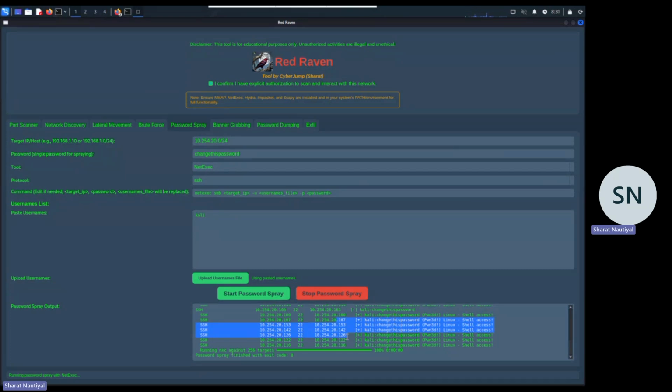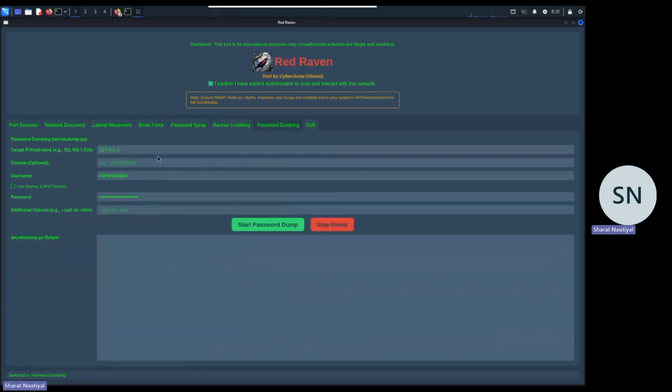So we sprayed password. This is what a real threat actor also does. This is what we've seen red teamers also do. Password spraying is a very common technique. Password dumping works on Windows machine. You need to have impacket installed. The impacket package is not default in Kali, so you will have to install it if you want to run the